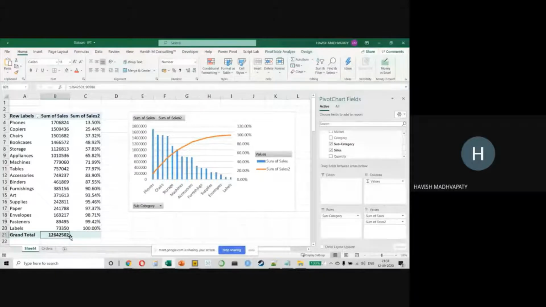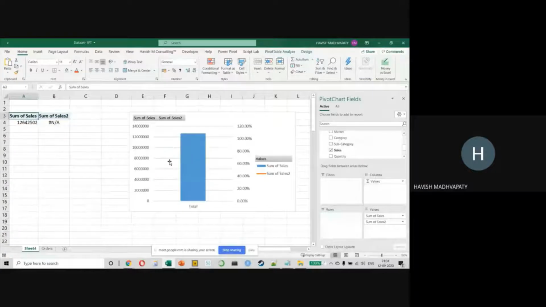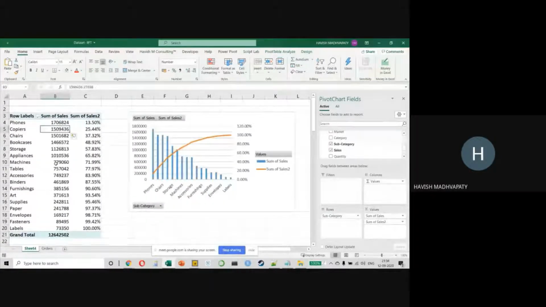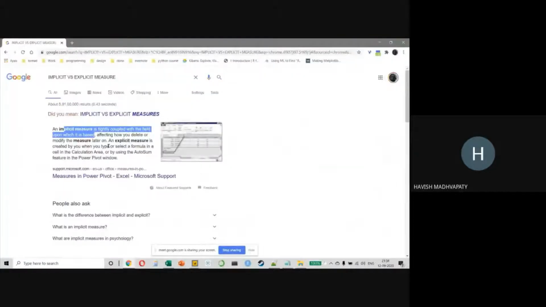It is not coming because I calculated it. It is coming because I created a pivot table. The moment I remove this, the number will go away, or rather the number will not go away. But anyway, look at these numbers, right? And that is what is interesting. I don't want to do this. I want to create what we call an explicit measure, which is this. So it is something that we have created.